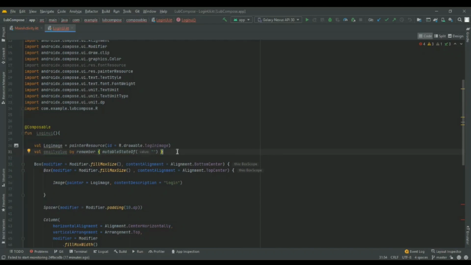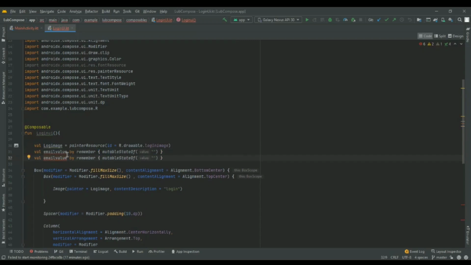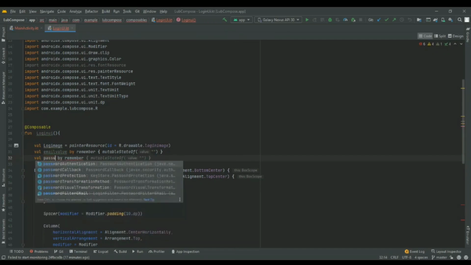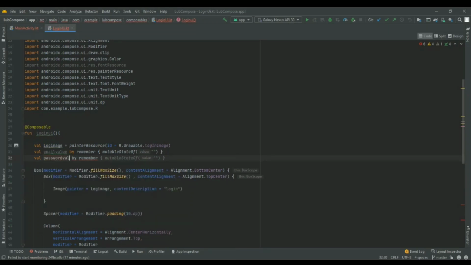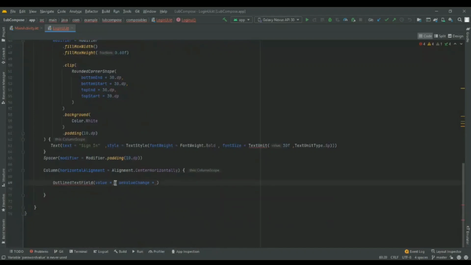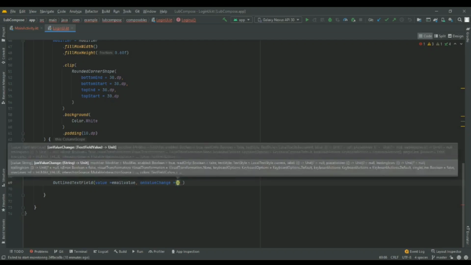So import is done, and then we'll add another for password. Okay, done. And then add the email value over here. So on value change, we'll add an email value,